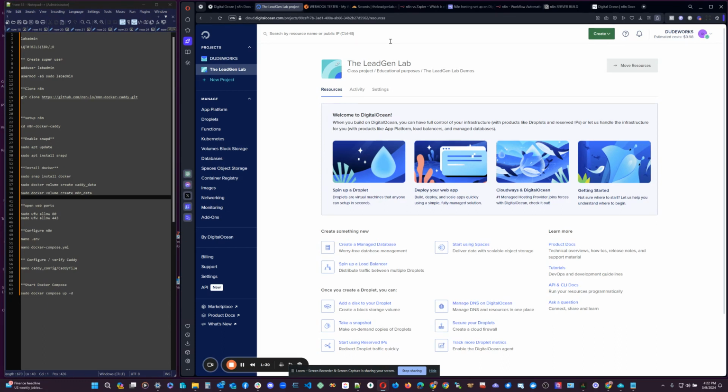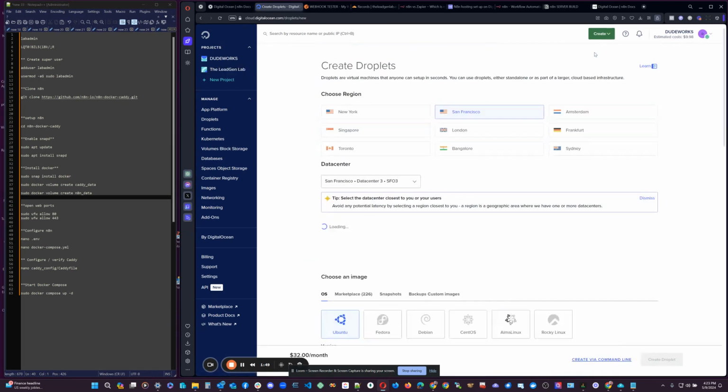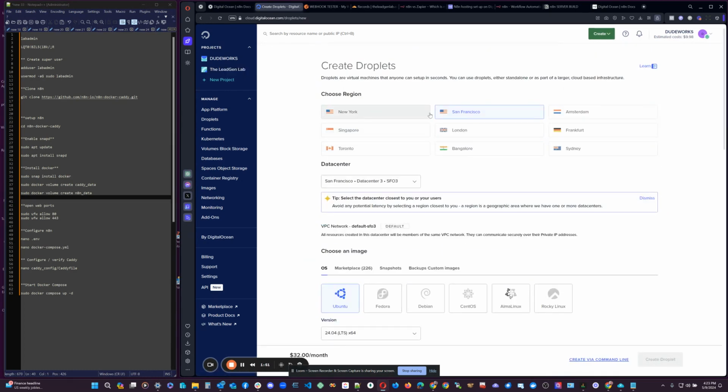So let's get started. I am logged into my DigitalOcean account, and I've created a project called the Legion Lab, and we're just going to go right up here to this button. It says create, and we're going to create a droplet, and this is going to create a cloud-based server, a virtual server. Okay, and pick a location that's closest to you. What I do like about some of the other hosts is they have a whole lot more locations. I'm in Texas, and so I'm just going to go ahead and go with New York,